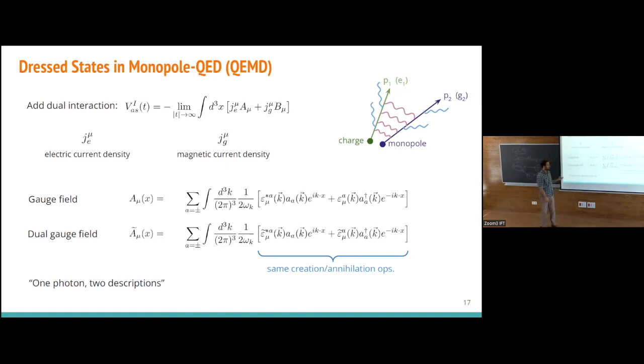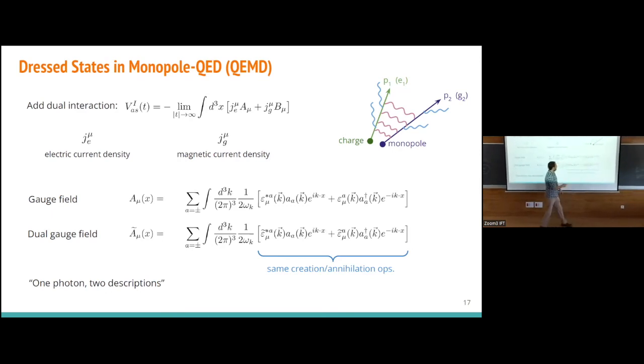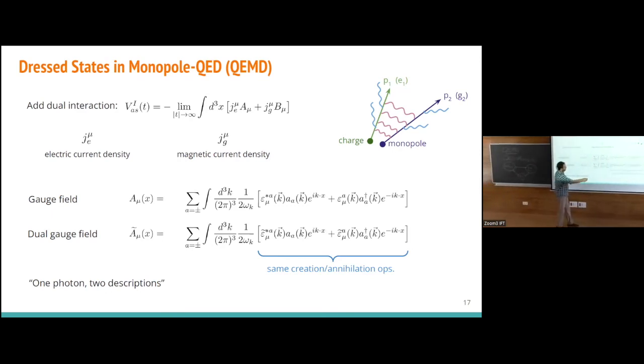It's an A tilde. And note here a very important point that is crucial. There are two photon fields, but it's not a U(1) cross U(1) situation. There's just one U(1), there's just one photon. And you can see this by the fact that these two fields in their mode decomposition have exactly the same creation and annihilation operators. They differ from each other just by their polarization vectors, which are, morally speaking, the dual of one another. So that's a very important point. Both the charge and the monopole couple to the same photon, but the coupling is just different because of the tildes here in the expansion of the magnetic representation of the same photon.